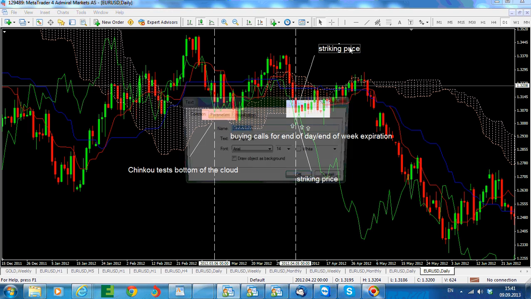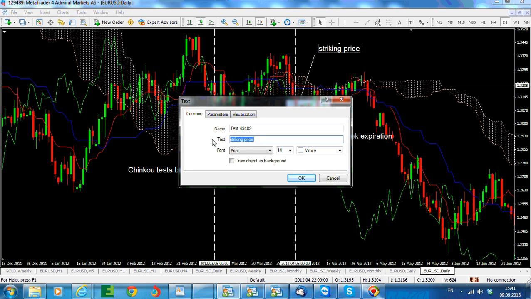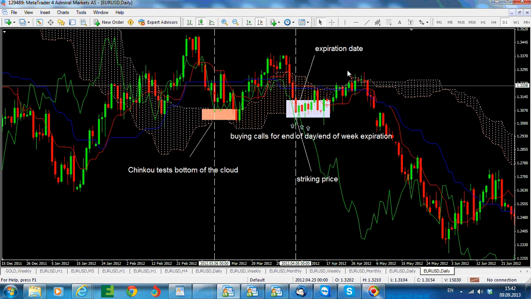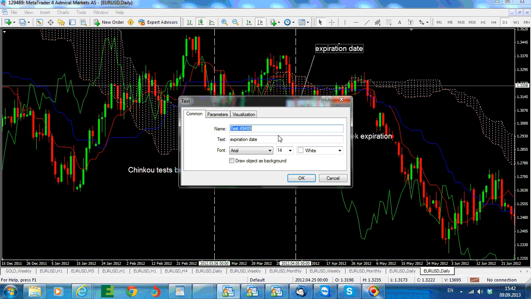So you're buying calls at the end of the day. This is the expiration date. The expiration date for one week, not for the end of day, sorry. Expiration date for end